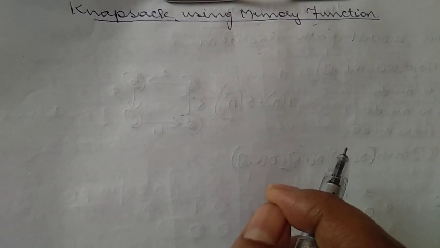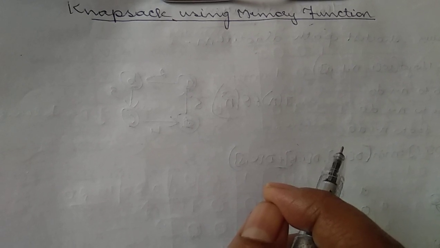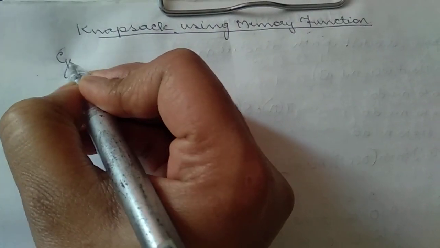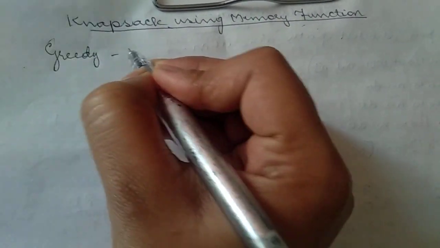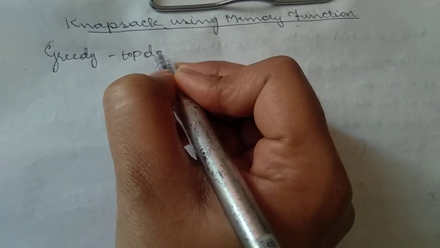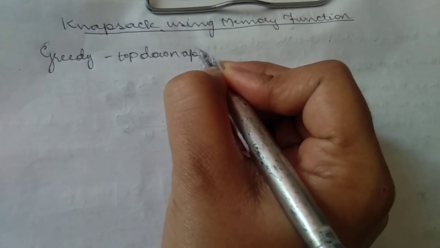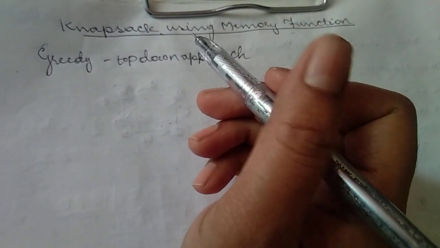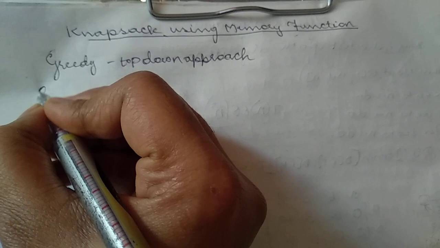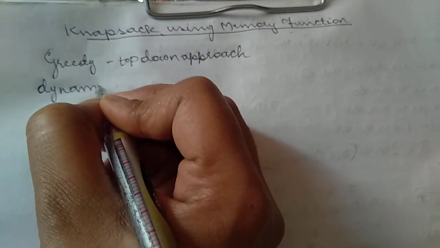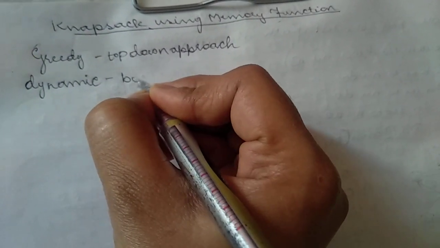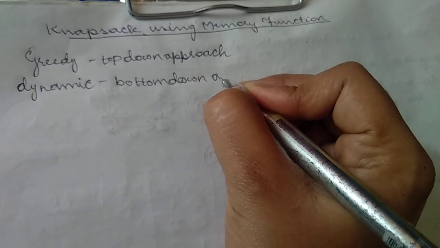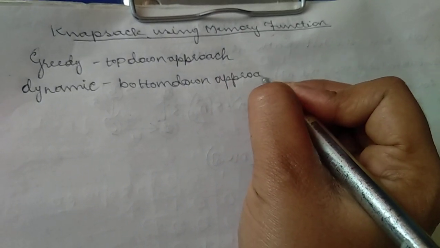Next comes dynamic programming. Dynamic programming uses the bottom-up approach. This you have to remember: the greedy technique is a top-down approach. Why am I calling this top-down? Because we work from item 1 to 4. In dynamic programming also we go from item 1 to the last, but here the last value we take as the profit. So we call this a bottom-up approach.